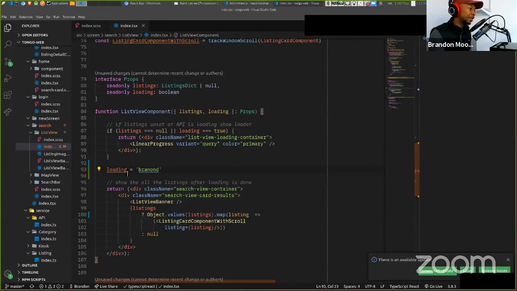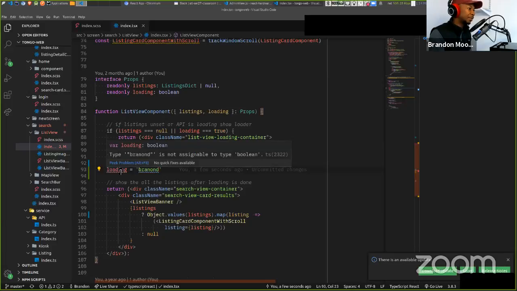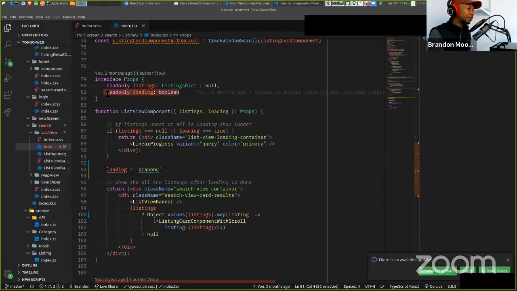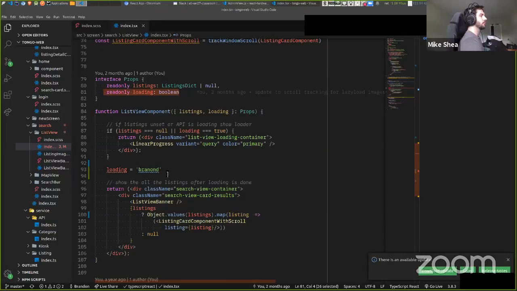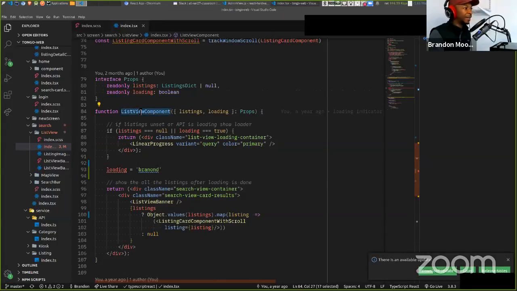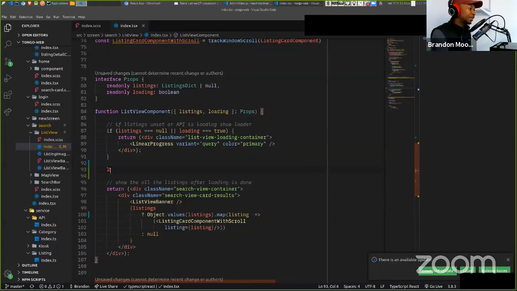It's going to give me an error because it's going to say, hey, you can't put a string in a Boolean. You already defined this as a Boolean. You can't do that. So in my component, I'm going to get feedback. This is a functional component, so it's a little bit different, but I'm going to get feedback. If I try to have listings and I do listings.map, it's going to say I can't do that